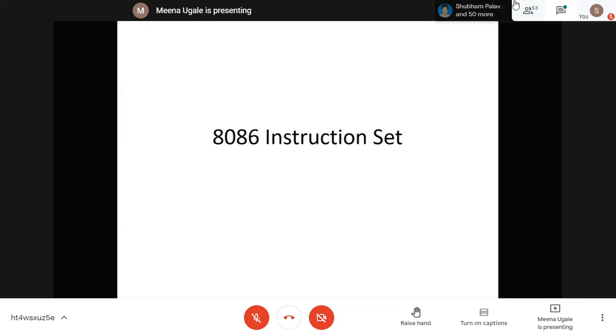So before we start writing assembly language programs, we should know what the different instructions available for 8086 are. Because if I know the instructions, then only I will be able to use them in the program. So this is the first part when you start studying assembly language. One part is addressing modes, which yesterday we saw with various examples of instructions. Now we will start here with the instruction set.